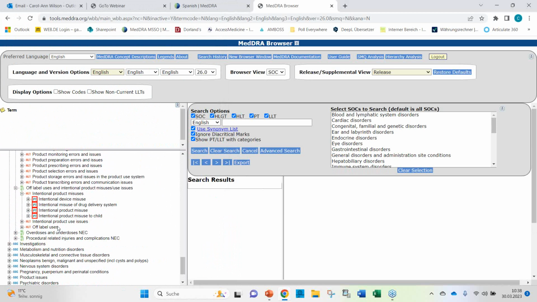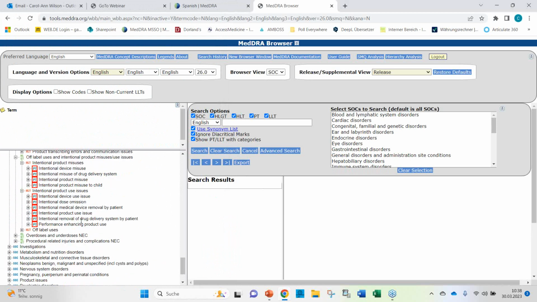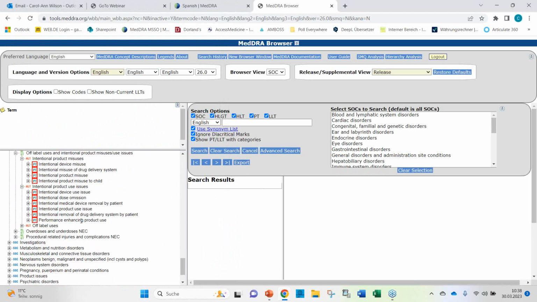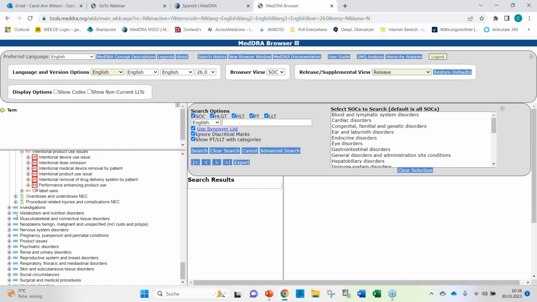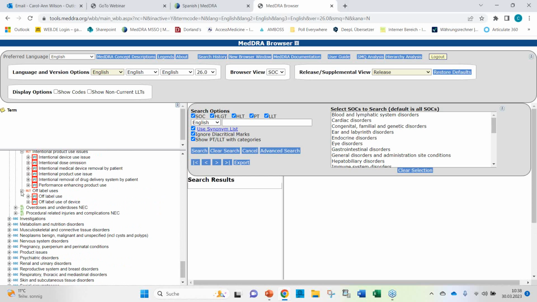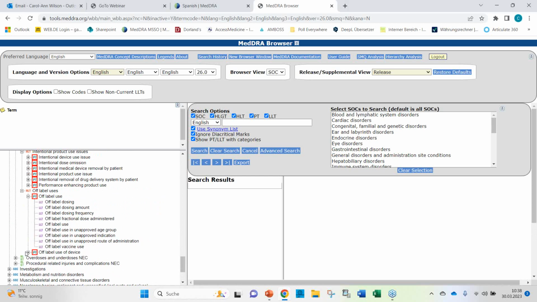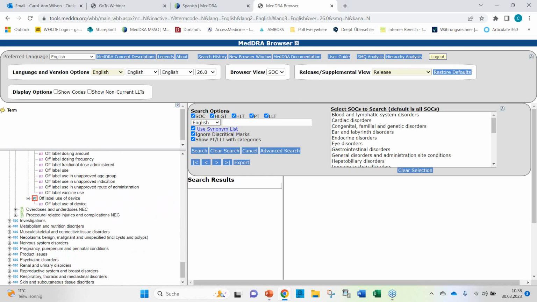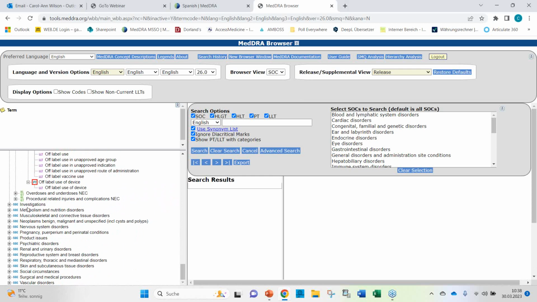And intentional product use issues, these are the more vague terms: intentional dose omission, intentional product use issue, intentional device use issue, and the off-label uses. Off-label use with some more specific terms underneath, and off-label use of device.